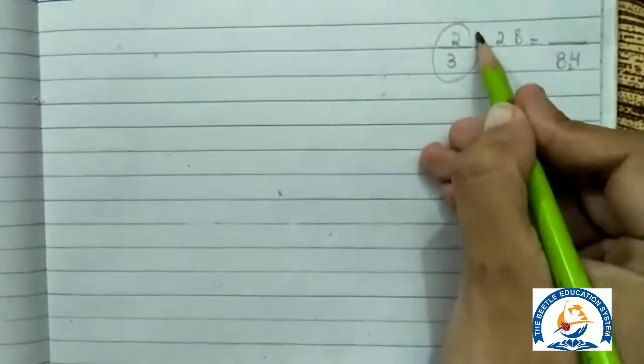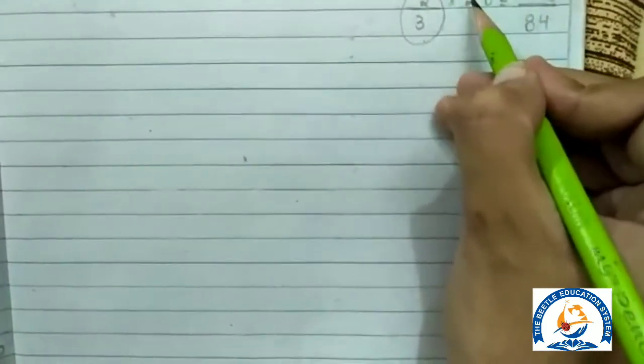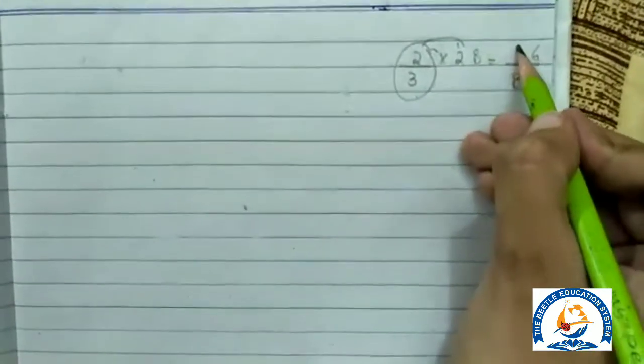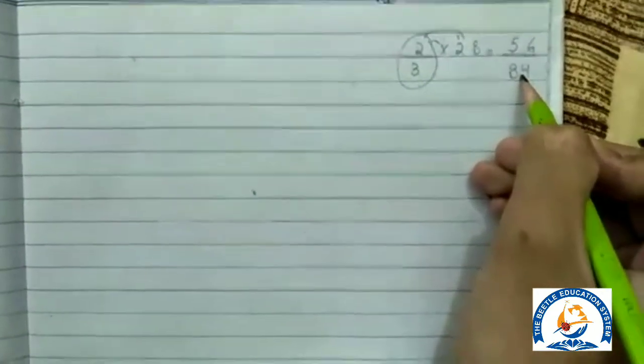It means we have to multiply this fraction with 28 to get 84 in the denominator. 2 eight times is 16, 1 will be carry here, 2 times 2 is 4, 4 plus 1 is 5, 56 upon 84. So students,